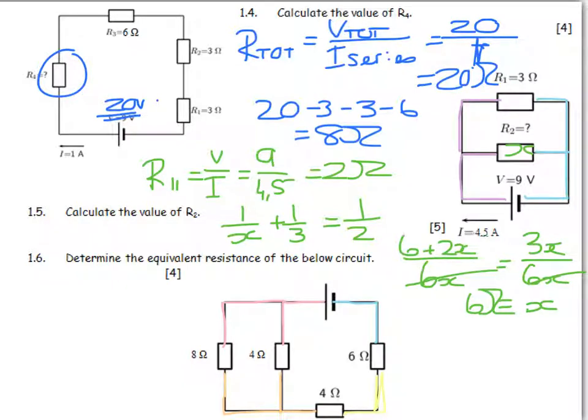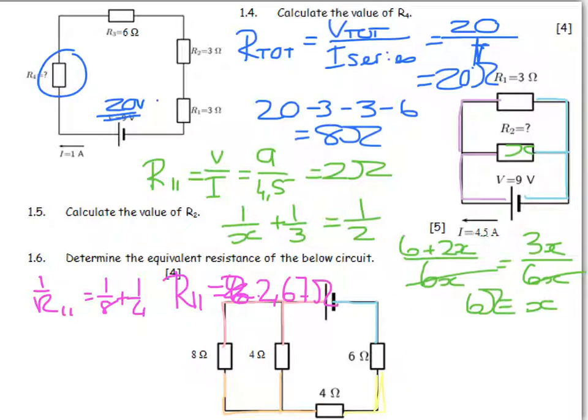Determine the equivalent resistance of the circuit below. It's quite important that you take a look at the fact that there's a parallel network and the other two are in series, and therefore you need to separate them accordingly. 1 over R parallel is equal to 1 over 8 plus 1 over 4. If I resolve that, get a lowest common denominator, you should be able to, at this stage of your life cycle, be able to get R parallel is equal to